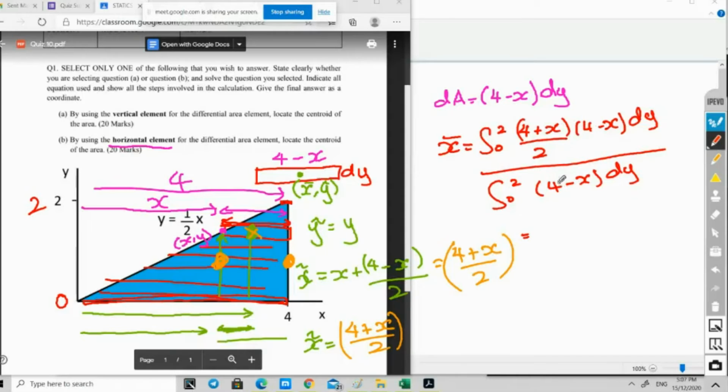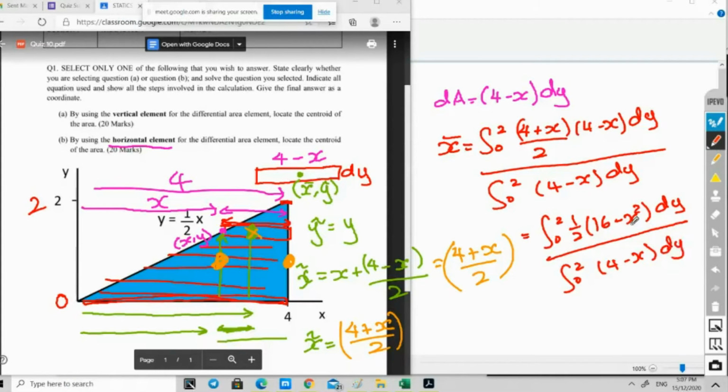You can simplify this: if I take half outside, it will become 4 plus x, 4 minus x, so it becomes 16 minus x square dy, right? And then integrate from 0 to 4 minus x dy. And then you can continue further, where you have to replace this x in terms of y. From here you know x equals 2y, so you just plug in there, and then after that you are ready to integrate, and the answer should be